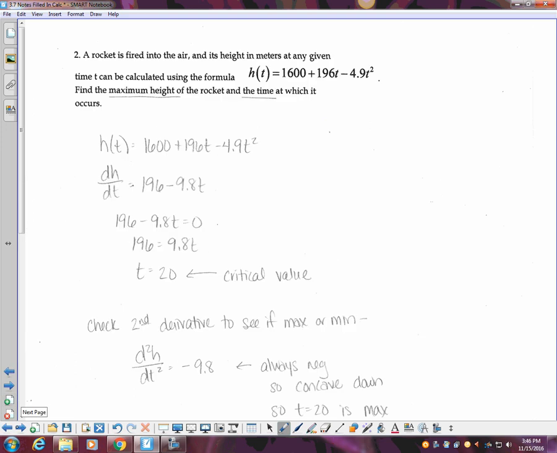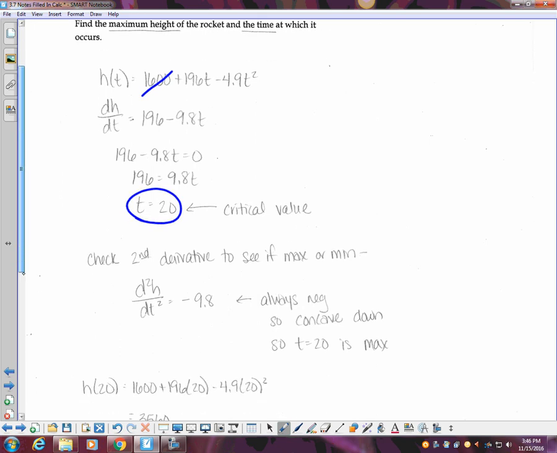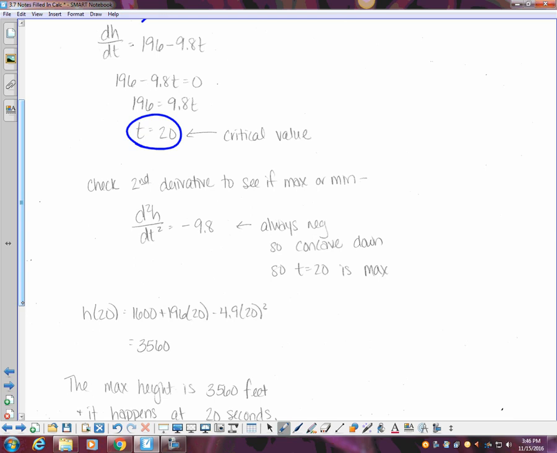Number 2, a rocket is fired into the air and its height in meters at any given time can be calculated using that formula. Find the maximum height of the rocket and the time at which it occurs. So this wants both. So I take my original function and I'm finding the derivative, so the constant goes away. Find the derivative, set it equal to 0, add the 9.8t over, divide by 9.8, and get t equals 20. That is my critical value. I have to do the second derivative test to see if it's a max or a min, so I'm taking the second derivative,